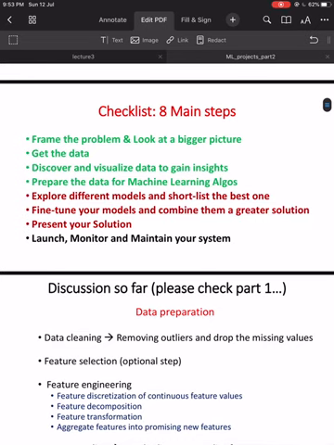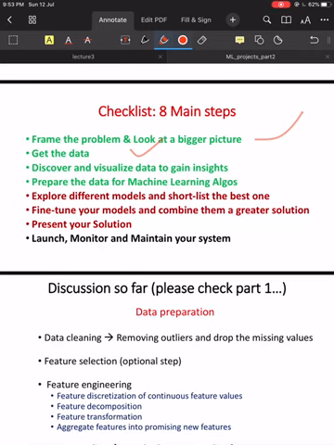Okay, so I told you that any machine learning project or data science project usually goes through these 8 basic steps. In the first step you must frame your machine learning problem. In the second step you have to get your data. The third step is to discover and visualize the data to gain more insights, and the fourth step is to prepare the data for machine learning algorithms. You may consider this a feature extraction step. Then you have to